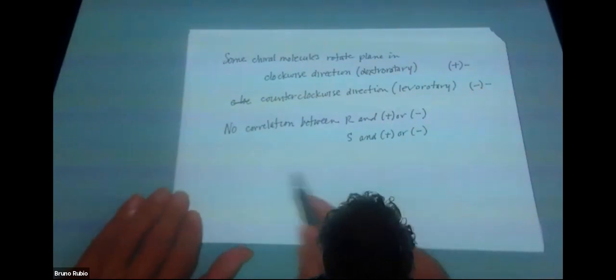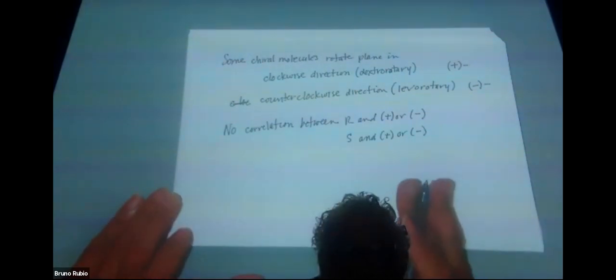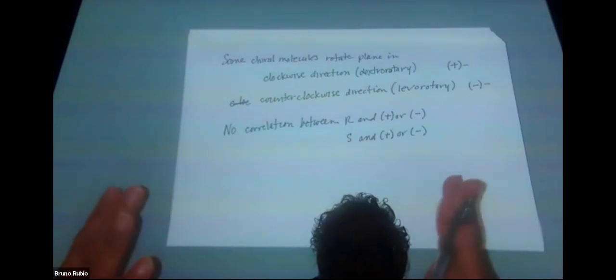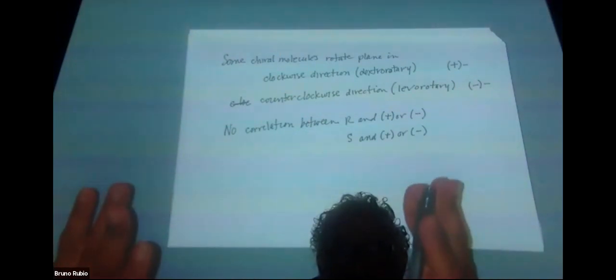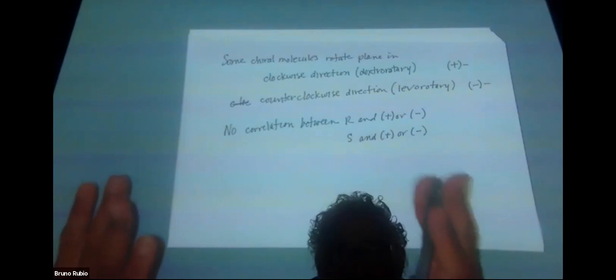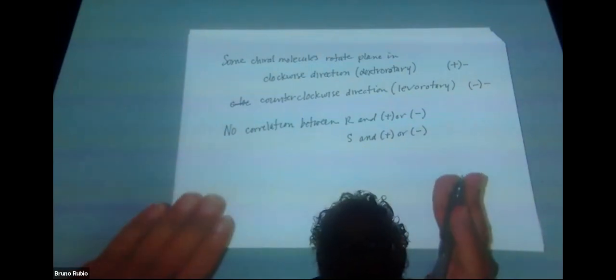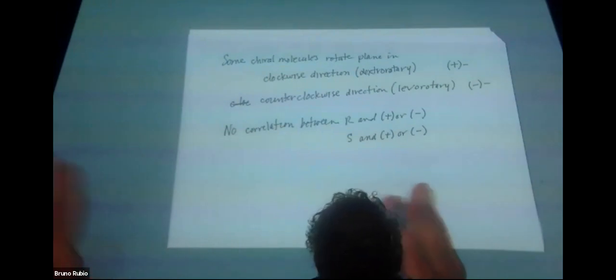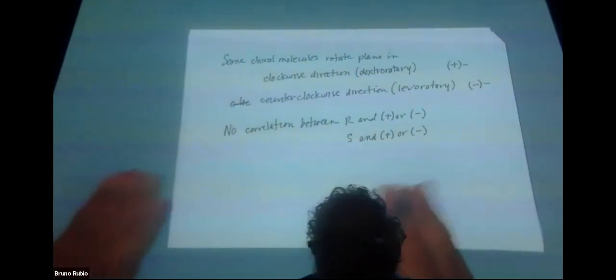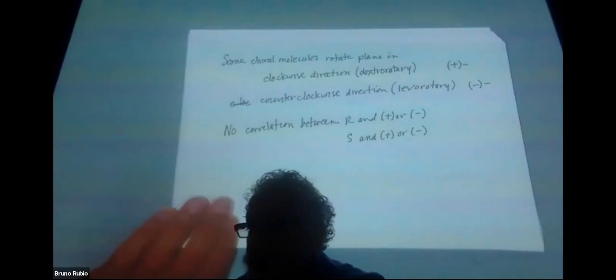So this is how we establish that we're looking at a chiral sample in the laboratory, this polarimetry experiment, this optical activity experiment. And when we get a negative result, it's either because the molecule is not chiral or we happen to have a 50-50 mixture of two enantiomers. Okay, so